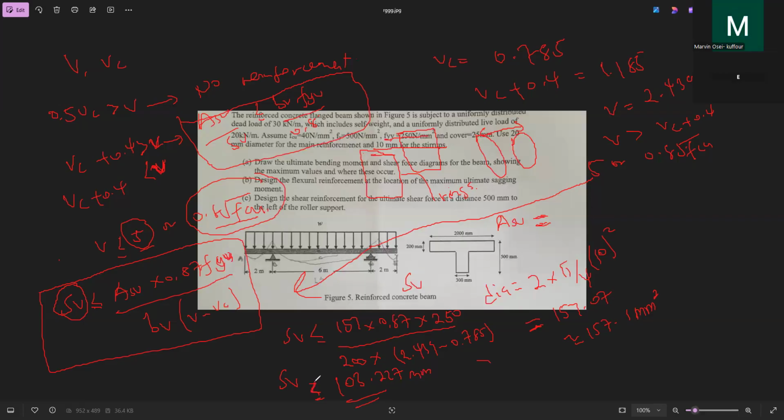It should be less than or equal to this. So you can say maybe 100 mm center to center. Do you get it? But sometimes for easy construction and other reasons, they go beyond it, maybe 150 mm